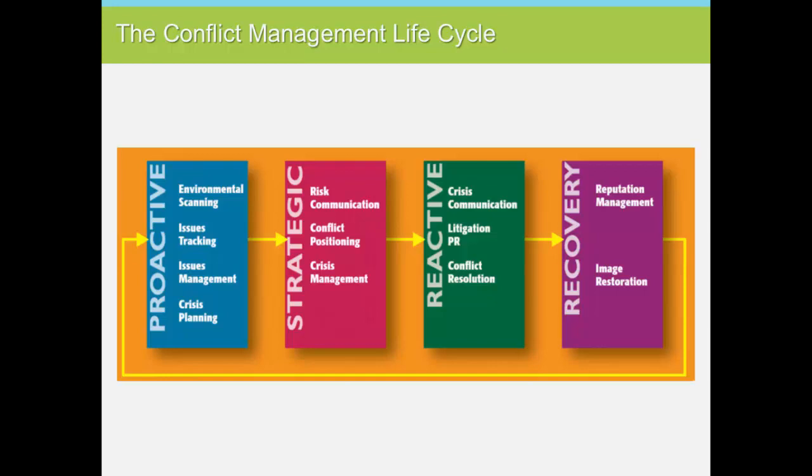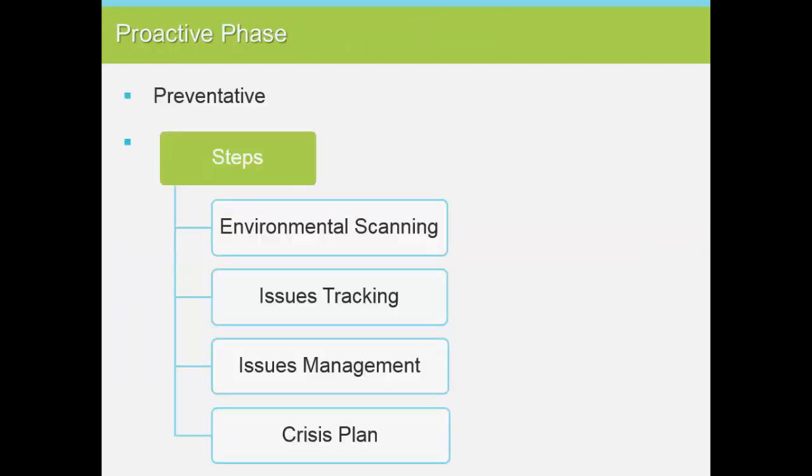Based on which phase a situation is in, the public relations professional can determine which strategy should be used to handle the situation. Some tactics are better suited to specific phases, however, others can be implemented in multiple phases. The proactive phase is designed to prevent an issue from occurring. The phase is also used to prevent an issue from becoming a crisis. Effective implementation of this phase can sometimes allow an organization to avoid a conflict.